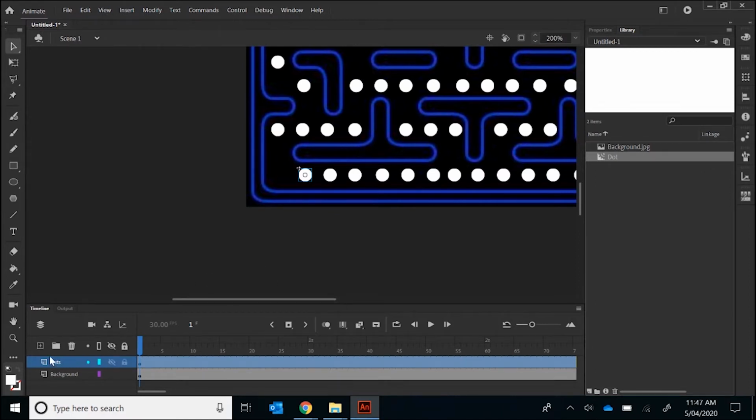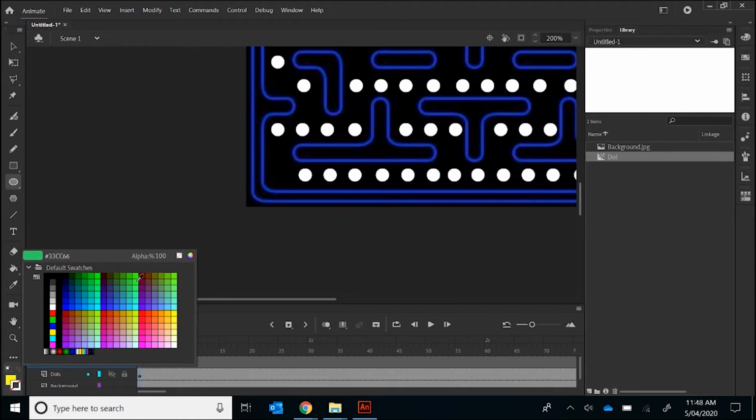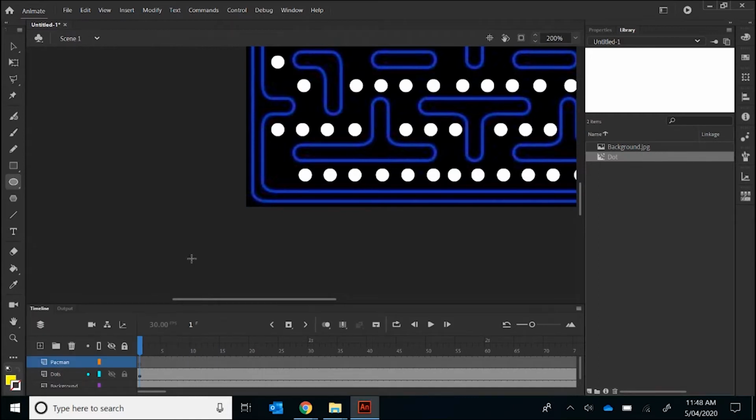To do this, we need to press the plus to insert a new layer. Double click on layer 3 and call this Pac Man. Make sure we have the first frame selected on the Pac Man layer. We're going to select the oval tool again, and this time change the white fill to yellow, and make sure the stroke has no color selected. Then we're just going to draw our Pac Man onto that bottom left-hand